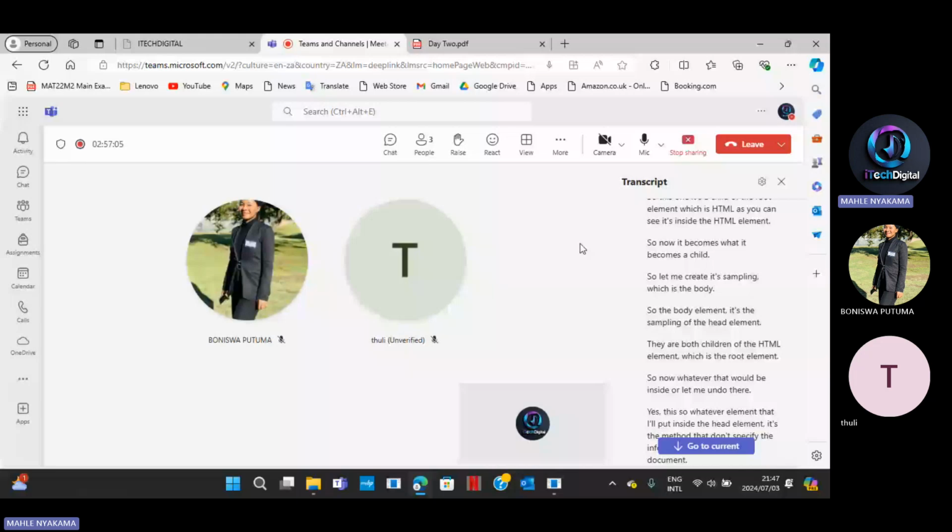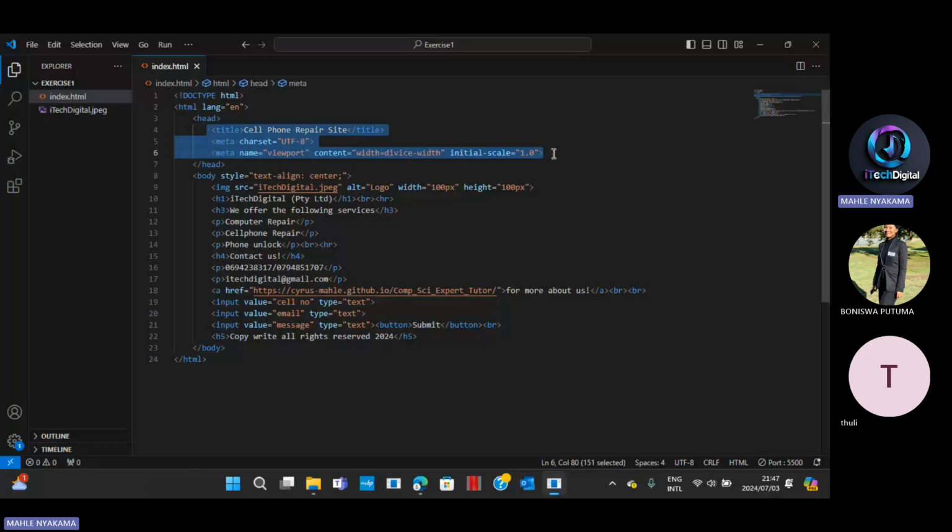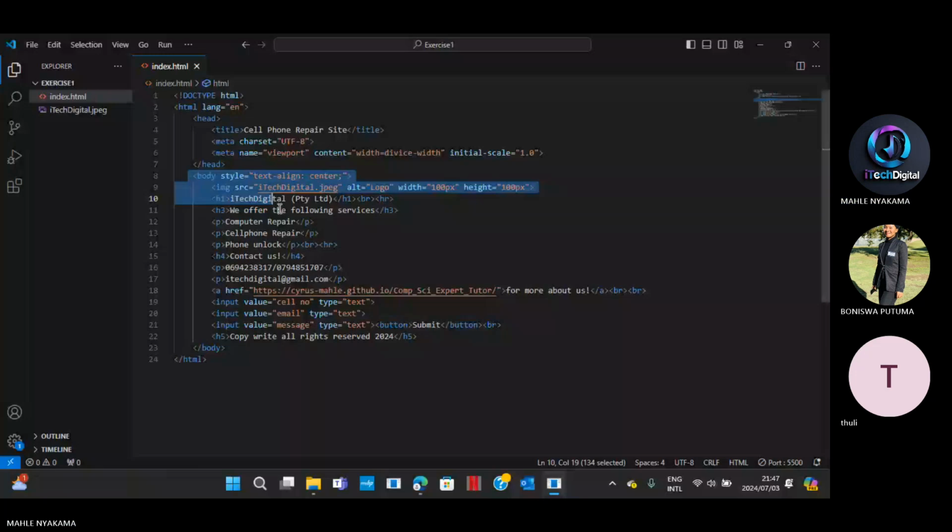These are the most important basics of HTML, starting from the declaration there, to the root element, to the metadata, body element,